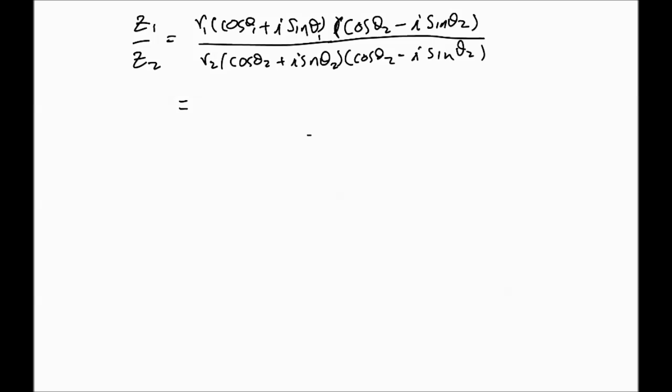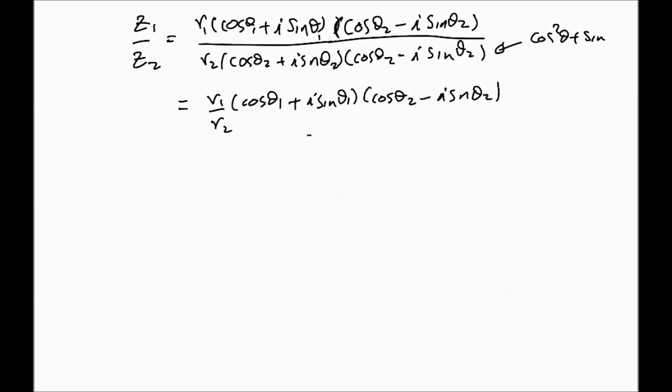And that results in the following. It becomes r1 over r2, as it is, but here we end up with cosine theta 1 plus i sine theta 1 into cosine theta 2 minus i sine theta 2. And the reason for that is because the denominator becomes cos squared theta plus sine squared theta, which we know is equal to 1. So we end up with that, and of course that ends up giving us